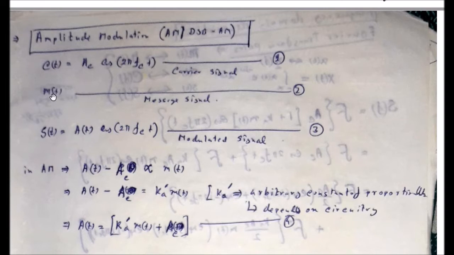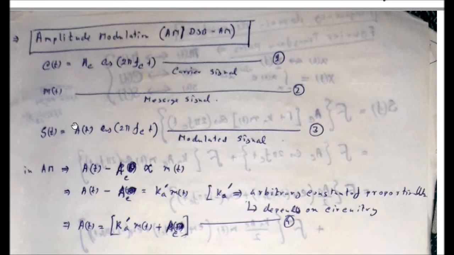Next, as per the definition of amplitude modulation, the amplitude of the carrier signal Ac should be varied in accordance with the time variation of the message signal m(t). That means just after modulation, this carrier signal c(t) will become a new kind of signal where this cosinusoidal term will not be disturbed, because only here we will embed your message signal into the amplitude of the carrier.